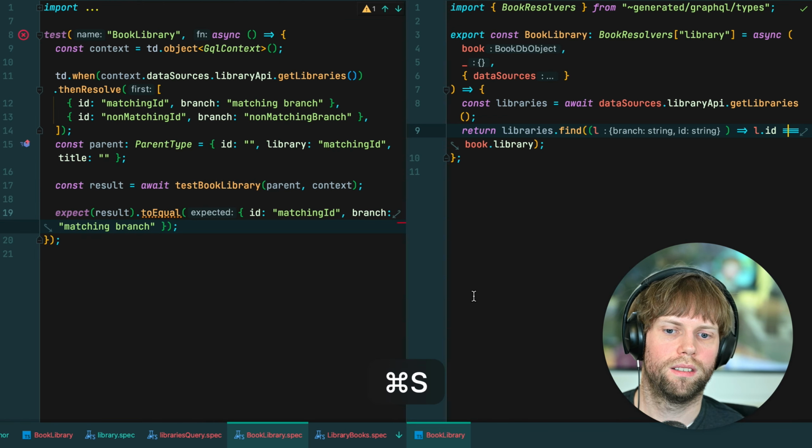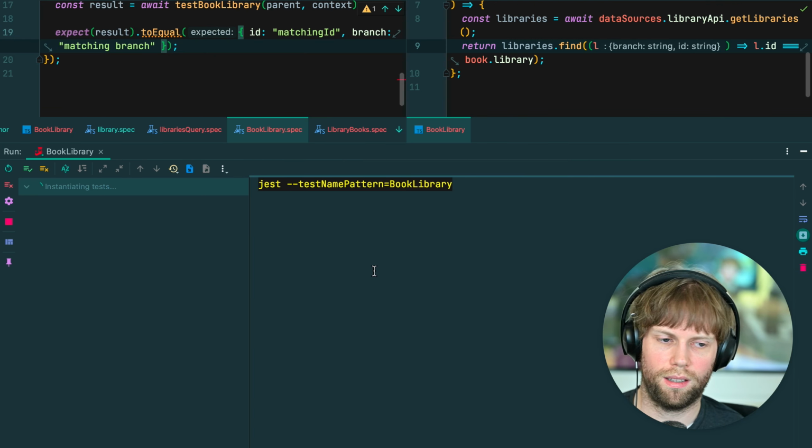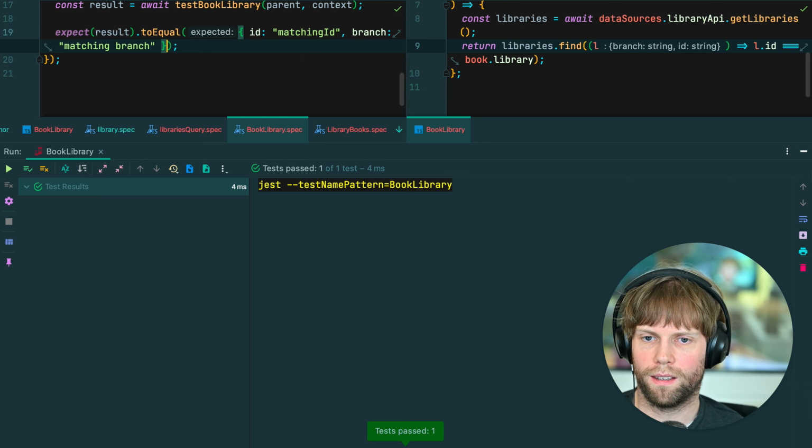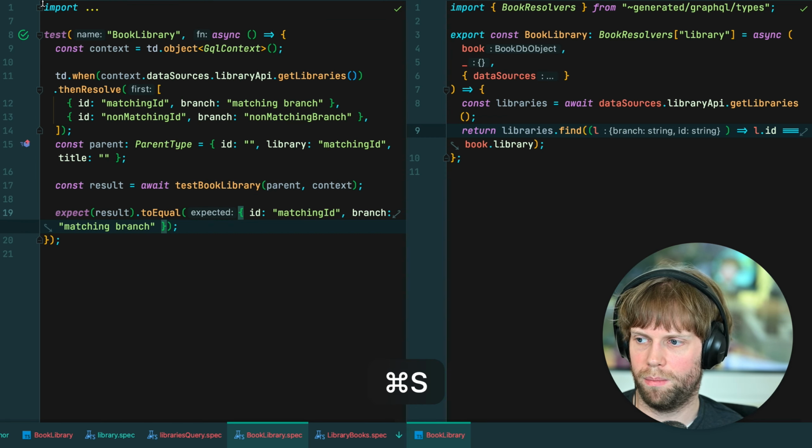And then put the code in the previous state, run the test again to make sure that now it's passing. And now you have much higher confidence that this is done properly. All right, so